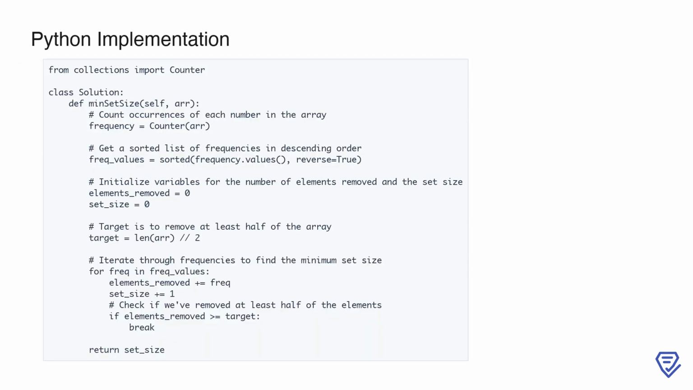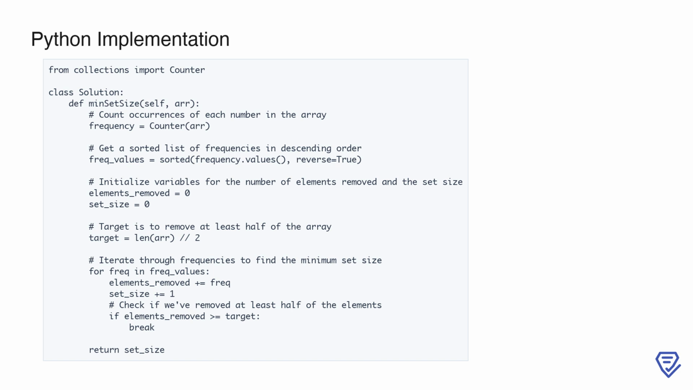This Python implementation solves the problem of finding the minimum number of unique integers to remove from an array such that at least half of the elements are removed. Here's a detailed explanation of the code. 1. Importing Counter from collections. We use the Counter class from Python's collections module to efficiently count the frequency of each integer in the input